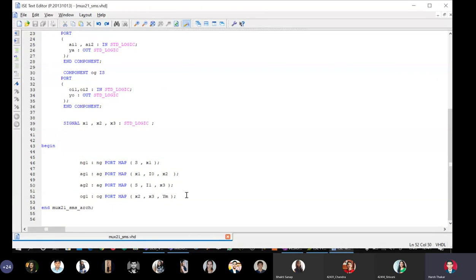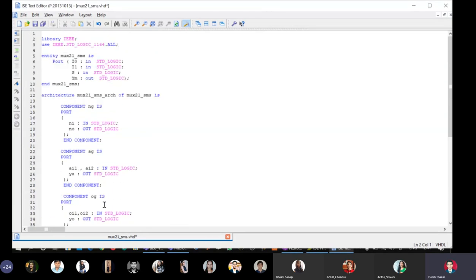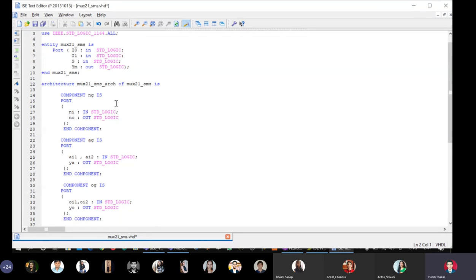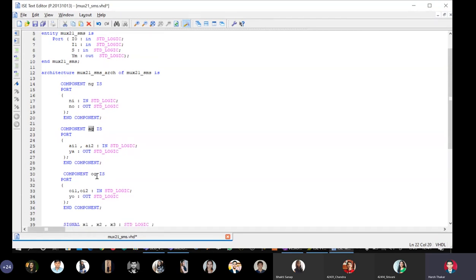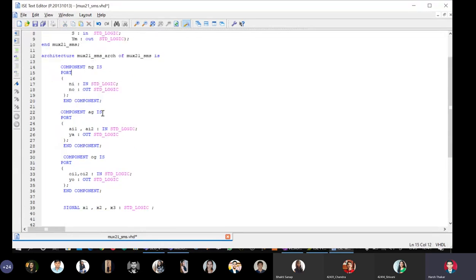So now the model is over. Now the next laborious part comes, that is writing VHDL models for all three components, right? So what I will do is purposefully make a mistake and we will see what that mistake is. With the same component name, I have to write a VHDL model for the NOT gate, the AND gate and the OR gate, right? It's very simple. I will copy this entity declaration for the parent and make changes there.